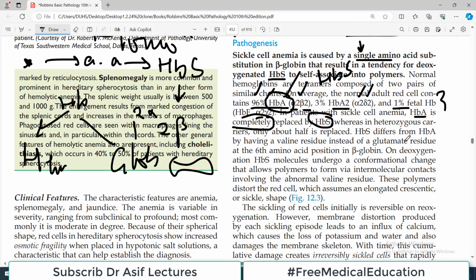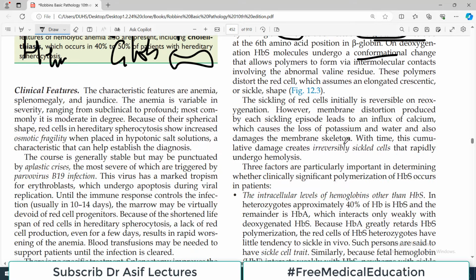Hemoglobin S differs from hemoglobin A in having a valine residue instead of glutamate residue. So this is the shift. There is a valine instead of glutamic acid. So valine instead of glutamate. So this glutamate would have been present in normal hemoglobin A, but because of the mutation, this is no more present, but we have valine. Okay, so just because of this change, the whole structure and the conformation of the hemoglobin changes, and the red